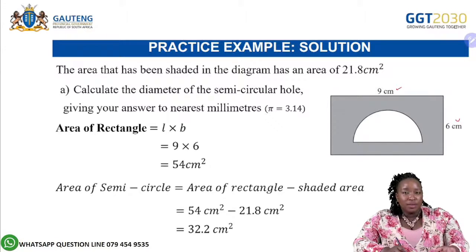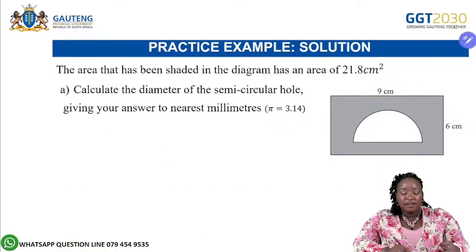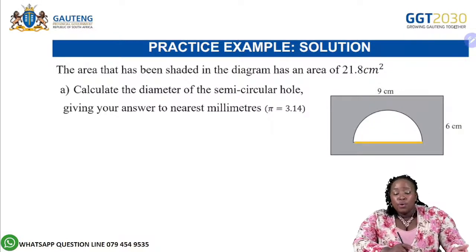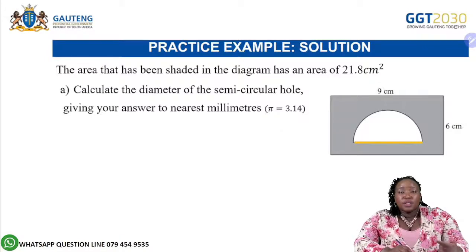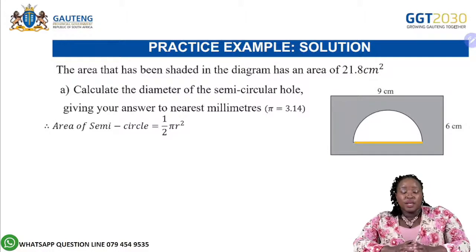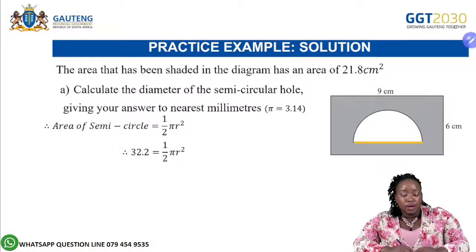Have you actually answered the question yet? No. All you've done was calculate areas of different shapes, but you still haven't found the diameter of the semicircular hole. So the diameter would be from one end of the circumference through the center to the circumference again. Now, what we do there is to use the area we've just calculated for the hole, okay, and substitute it